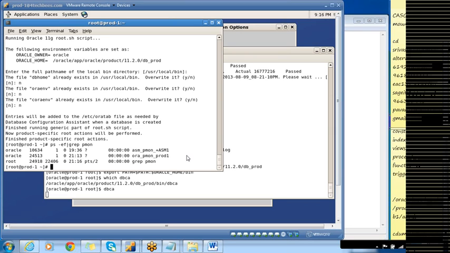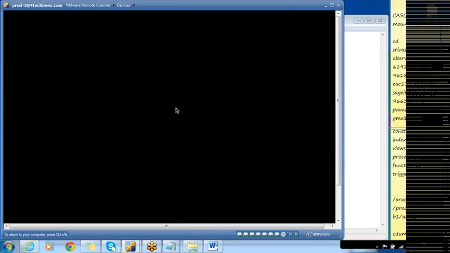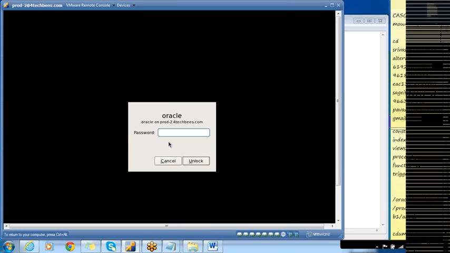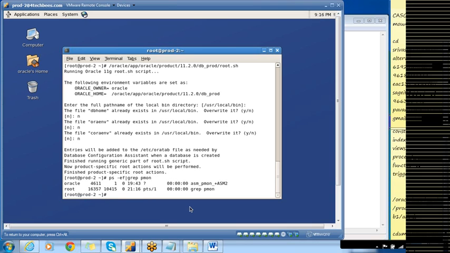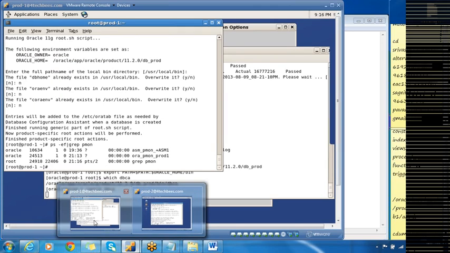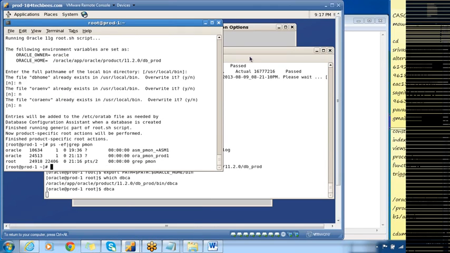So the database name will be prod and the instance name will be prod1, and on node 2 it will be prod2. Okay, it has not set the instance yet on prod2. So first it will finish the configuration on prod1 and then it will go for node 2.